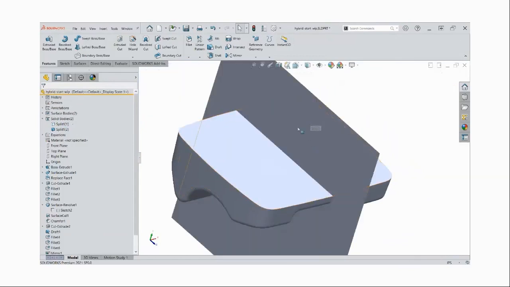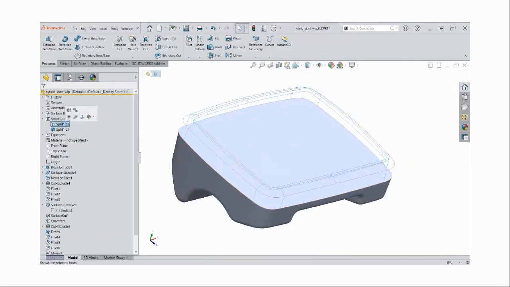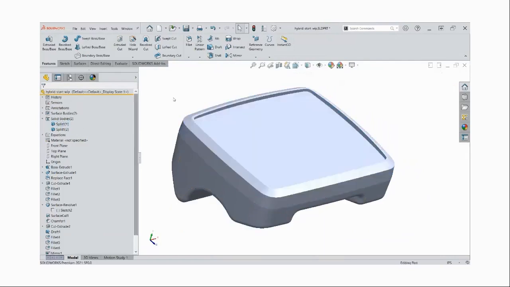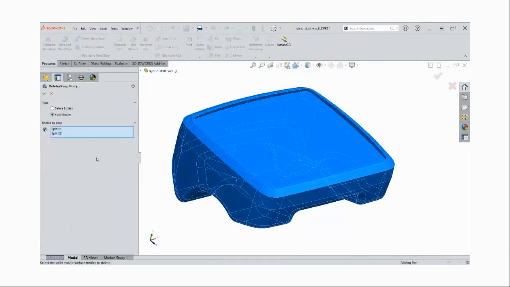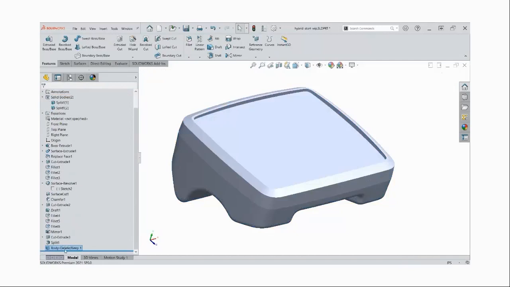So I think it's as good a time as any to clean up those surface bodies that I was using. And the way I'll do that is with the delete keep body command. So I'm actually going to select the two bodies I want to keep, right click, and choose this delete keep bodies here. And then I'll set it to keep. So basically, if I had a dozen reference surfaces, it would delete all those, and it's just going to always keep these two bodies. The reason I like using keep rather than deleting the reference surfaces is as long as this delete keep bodies is at the end of the tree,